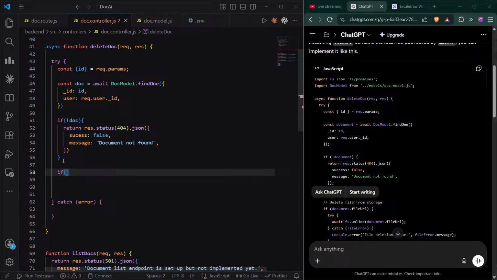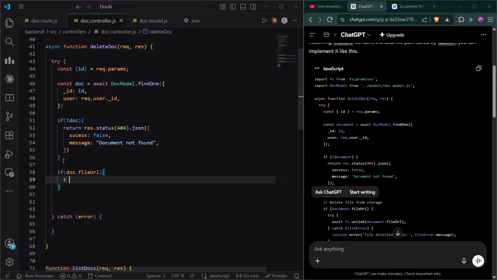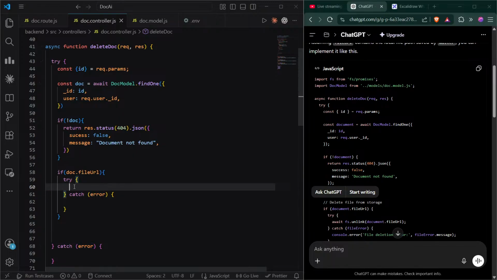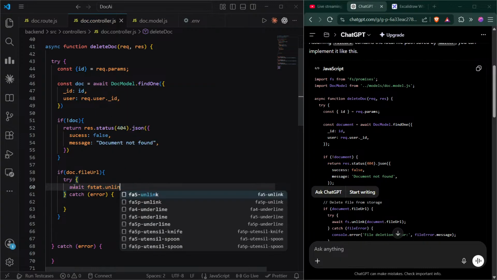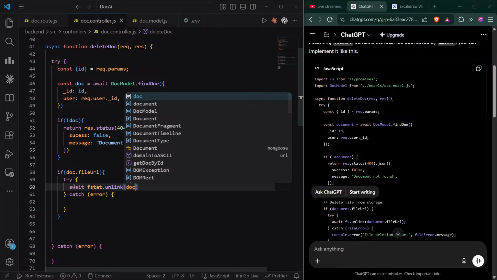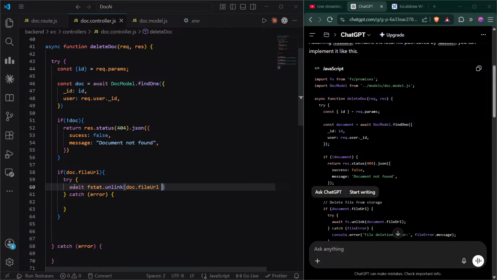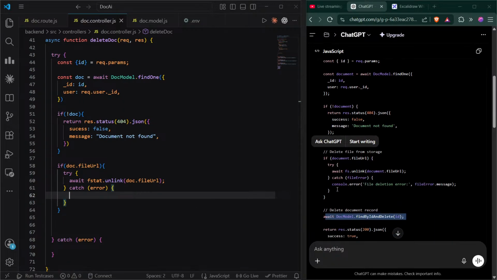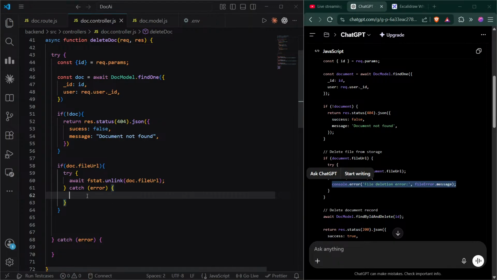If docs.fileUrl, then try, await fs.unlink docs.fileUrl, and if we get an error, we'll console log that error.